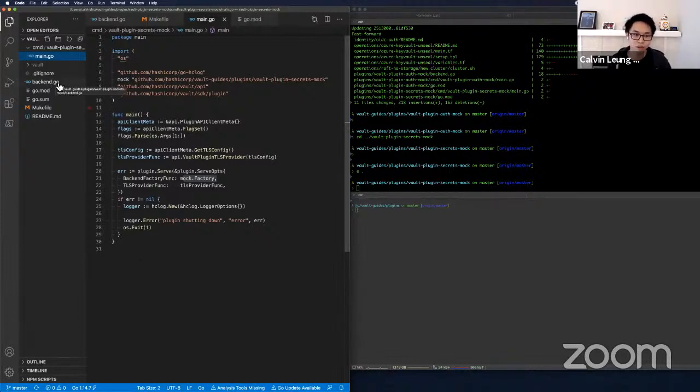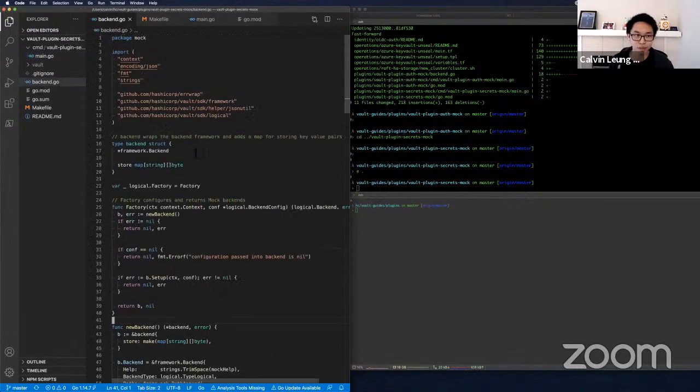It's a Go plugin, which is a library developed by HashiCorp, and it basically allows Vault to communicate over gRPC securely with this particular binary that we're going to be building. And a lot of this is boilerplate. The only thing that differs from plugin to plugin is basically this backend factory function, which needs to call the factory function that we'll be implementing